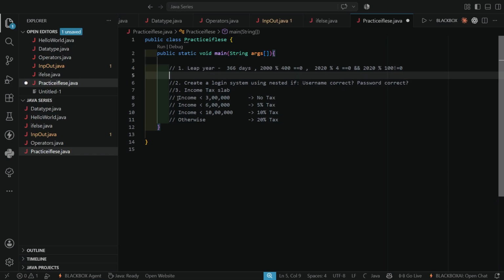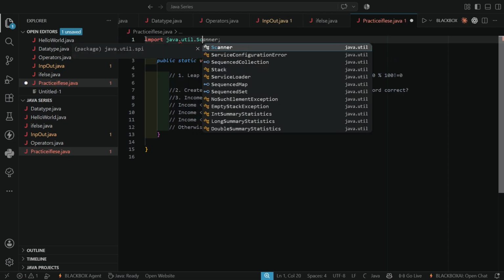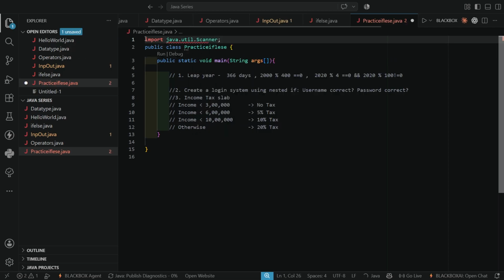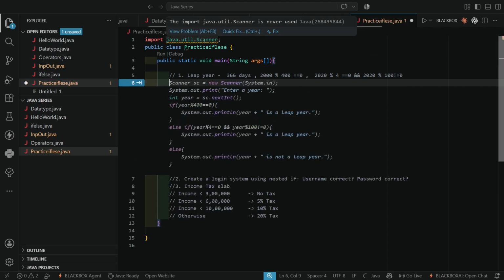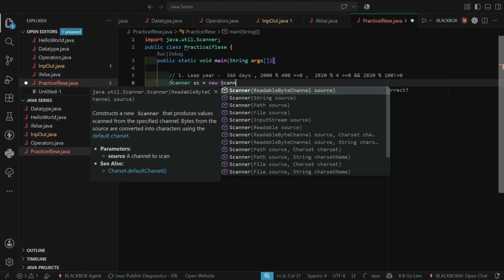Now let us write a program for this. Let's make use of the Scanner class so that we can take input from the user. We will import the Scanner class, import java.util.Scanner. Now create a Scanner object, scanner equals new Scanner.